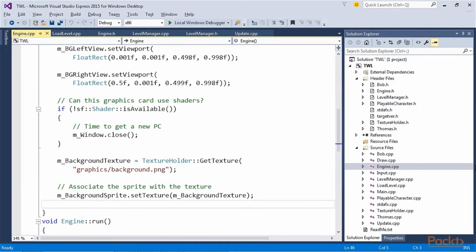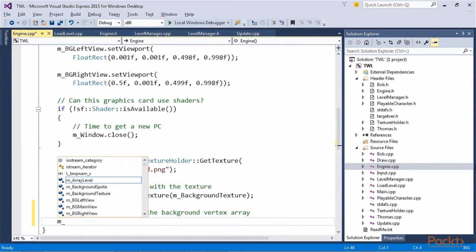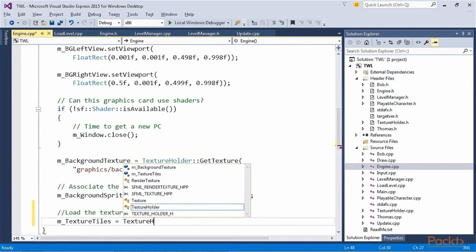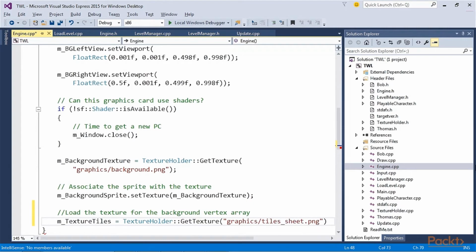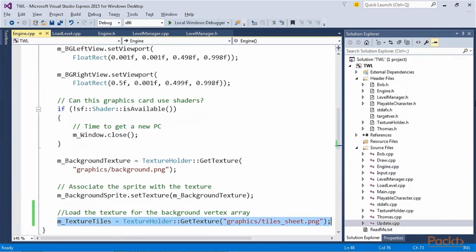After associating the sprite with the texture, write a comment: load the texture for the background vertex array. Then, m_TextureTiles equals TextureHolder::GetTexture("graphics/tiles_sheet.png"). In this line, we're loading the sprite sheet into m_TextureTiles.